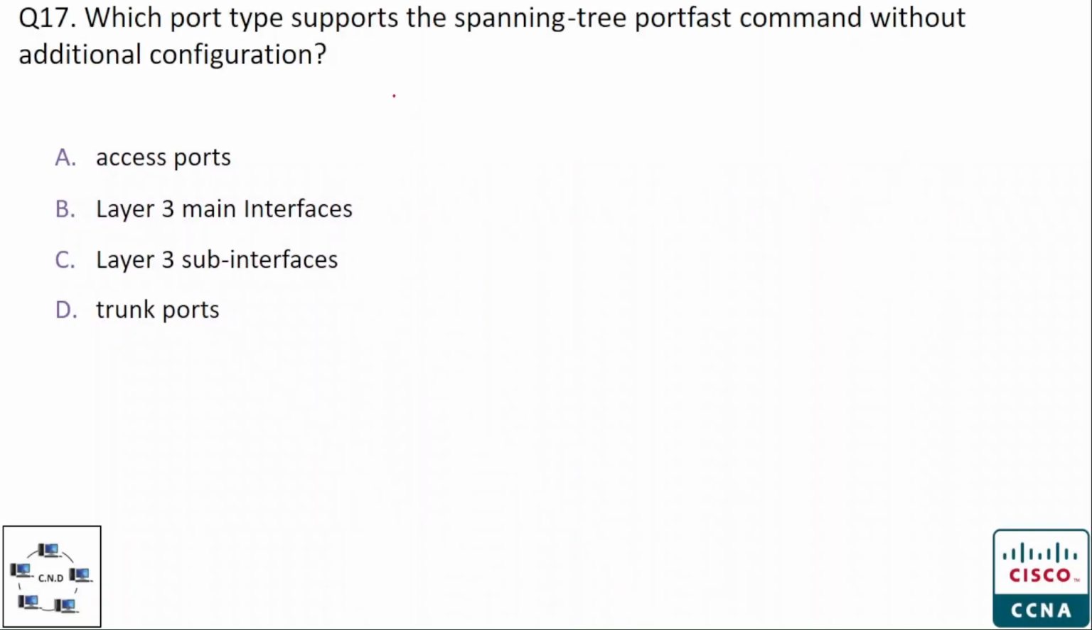Question number 17. Which port type supports the spanning tree PortFast command without additional configuration? And the options are option A access ports, option B layer 3 main interfaces, option C layer 3 sub interfaces, and option D trunk ports. And the correct option is